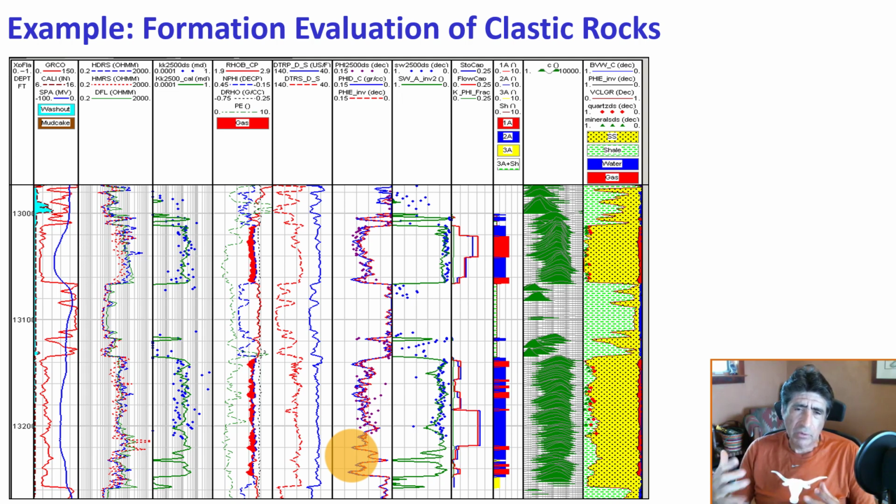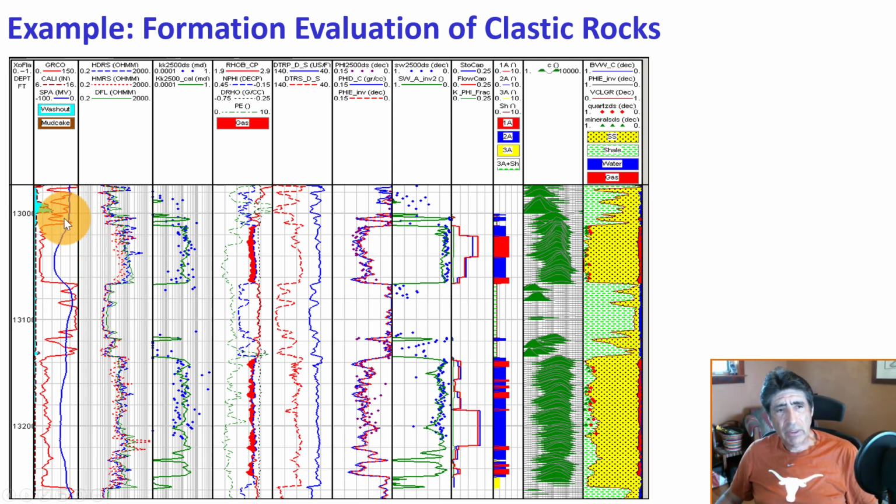All of those are going to be merged with an interpretation technique. So here we have, for instance, a gamma ray log, the spontaneous potential log, electrical resistivity logs with different depths of investigation. Then we have the neutron density and photoelectric factor. Then we have the P wave velocity and the shear wave velocity or slowness. And then here we have calculations of porosity, calculations of saturation over here.